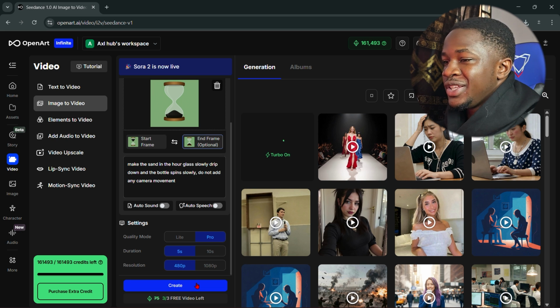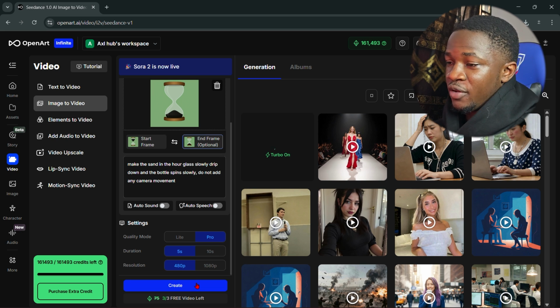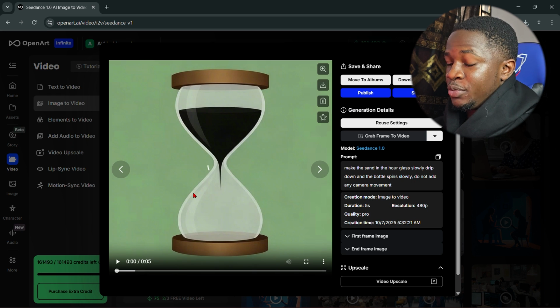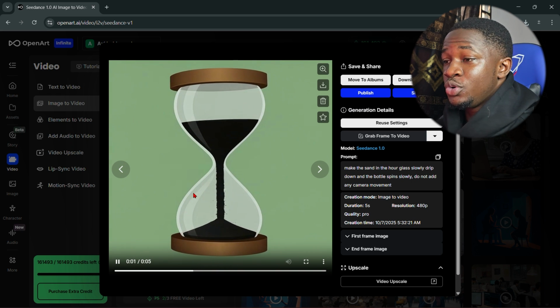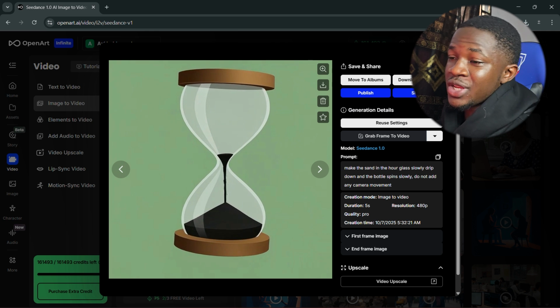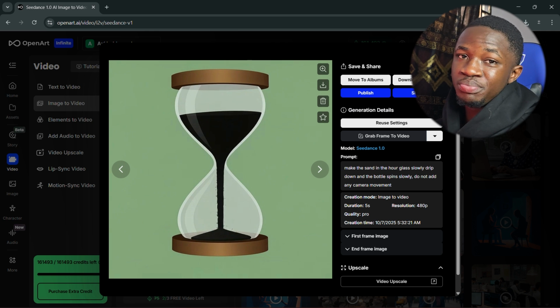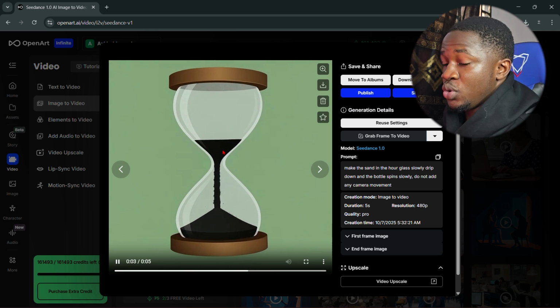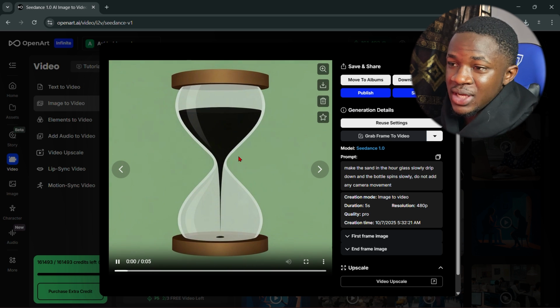I don't necessarily need it to be 1080p or 4K for this animation, so I left it at Pro, 5 seconds and 480p, then hit create. And after a few minutes, voila, we get this animation from the AI. This is really good, and this is just the first try. It shows how far AI has come. You don't have to prompt so many times before you get what you want, and sometimes it does nonsense, but